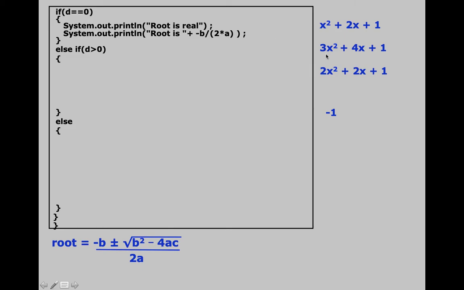Alright, now tell me what is the value of D for this quadratic equation, second one. Come on, pause the video and do that. Okay, so for this quadratic equation, D is equal to 4. See, it will be B square, so this 4 square will be 16, minus 4 into A into C. So 4 into 3 into 1, that is 16 minus 12, which is equal to 4. So D is equal to 4 over here, which means this condition will be true or false? False. True or false? True.